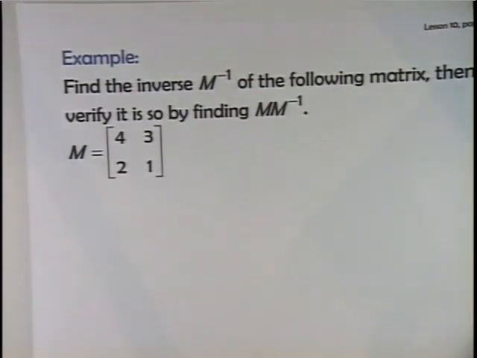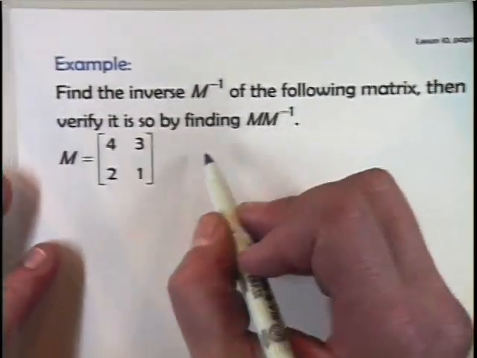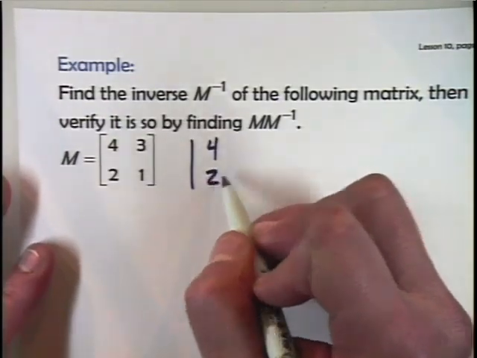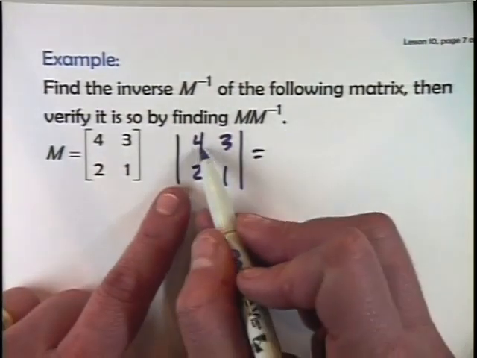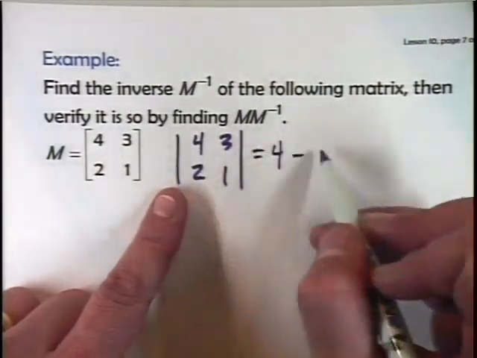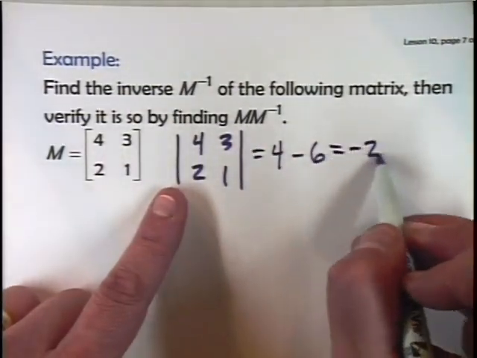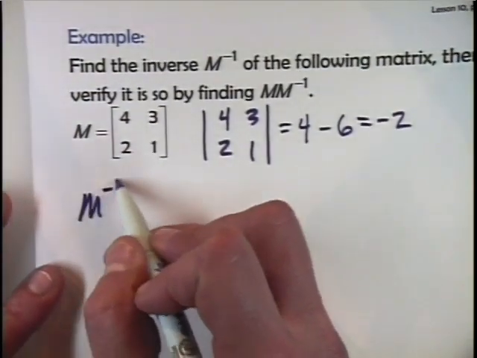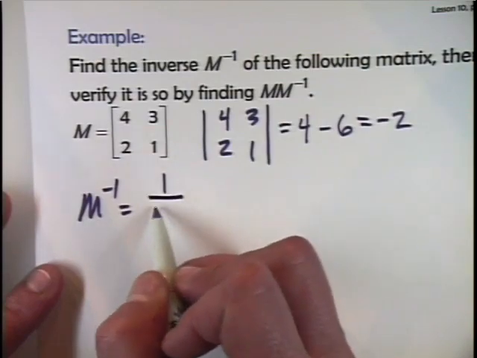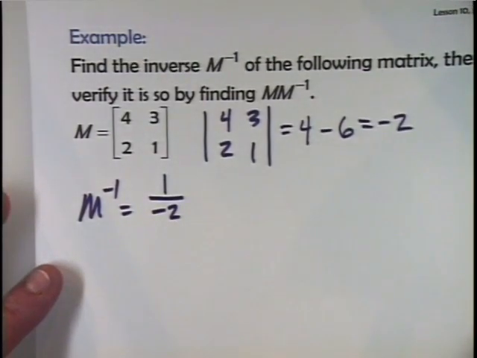So the first thing I'm going to do is I'm going to actually find the determinant of M. So we write that 4, 2, 3, 1. And then we do what we did previously. 4 times 1 is 4, minus 2 times 3 is 6. So I get negative 2. So there's the determinant. So the inverse matrix, M inverse, will be 1 over negative 2, or negative 1/2, times